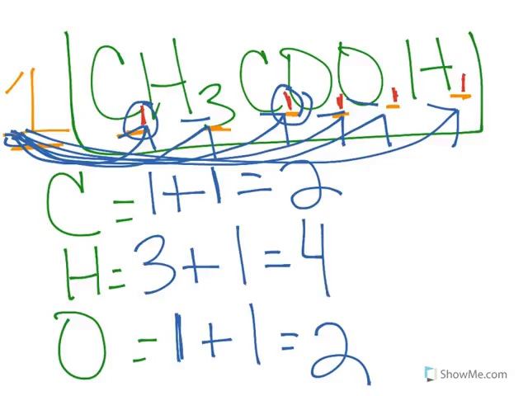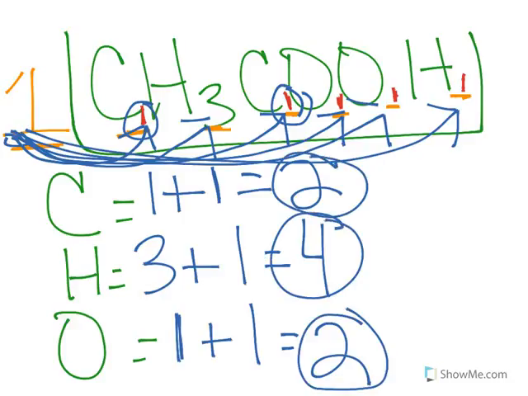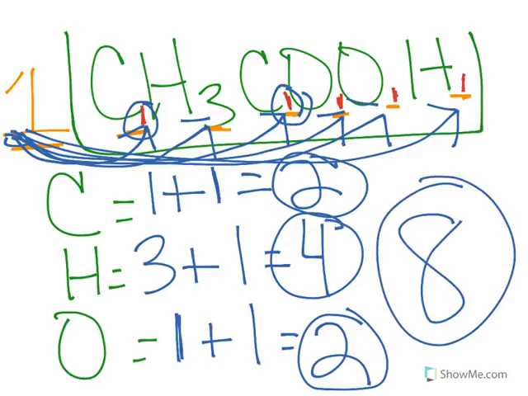Okay, so how many total atoms of carbon do I have? I have 2. I have 4 hydrogen. I have 2 oxygen. How many total atoms do I end up with? 2 plus 4 gives me 6, plus 2 more, 8 total atoms. All right, and my last example, we're going to do